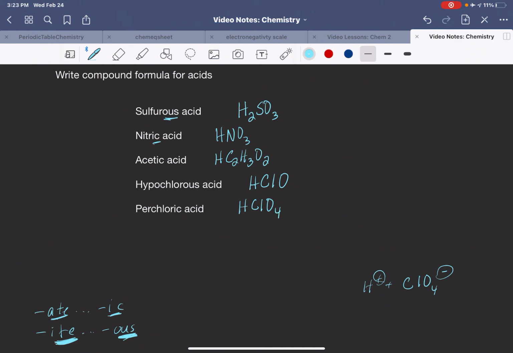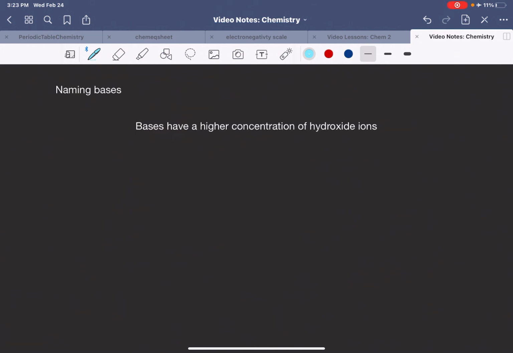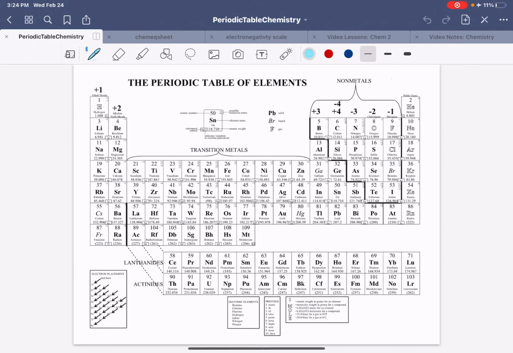Let's take a look at bases real quick. Bases, so remember, with bases we're dealing with an increase in hydroxide ions. So this is your anion. So we're going to combine cations with this. So let's just go to the periodic table. Let's just take something from here or here. It doesn't matter. We could take any metals. It doesn't matter. But we'll just typically go with these right here. These are what you're working with. We could go with sodium or calcium or